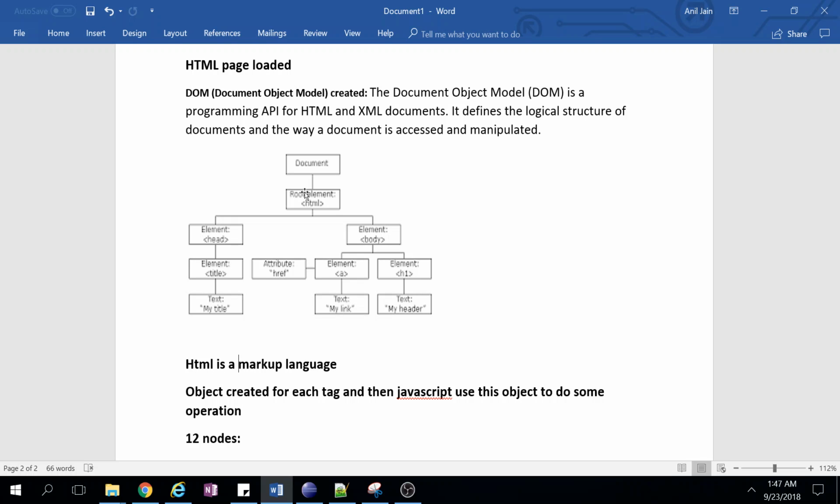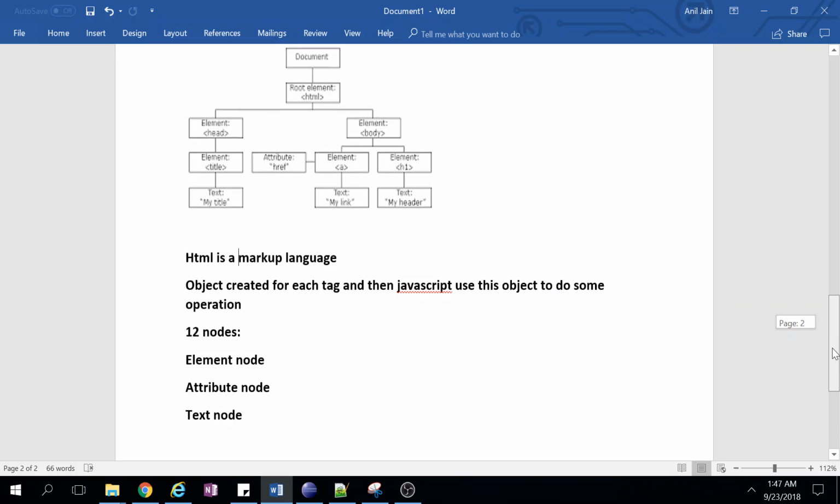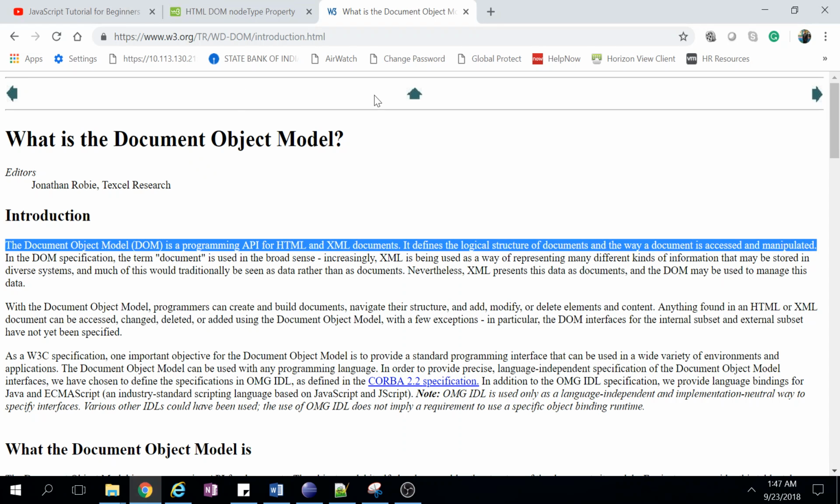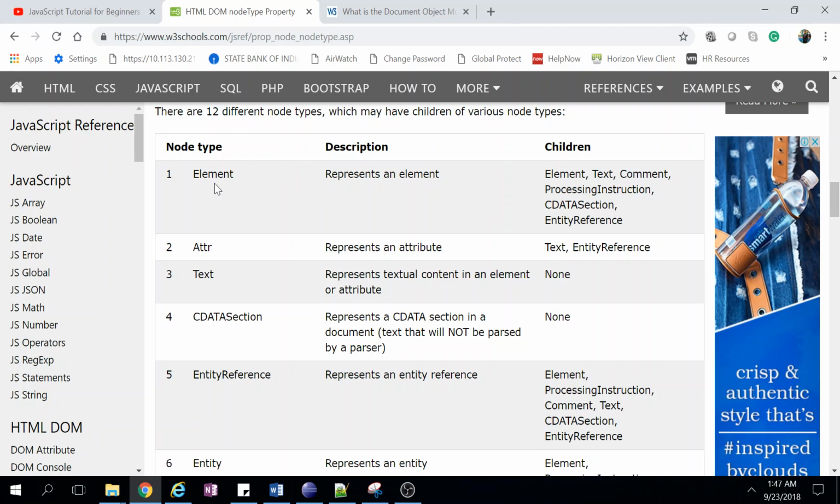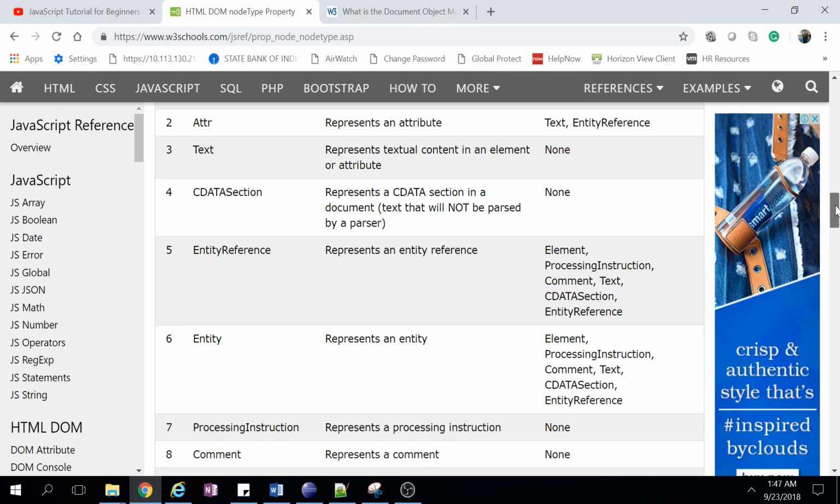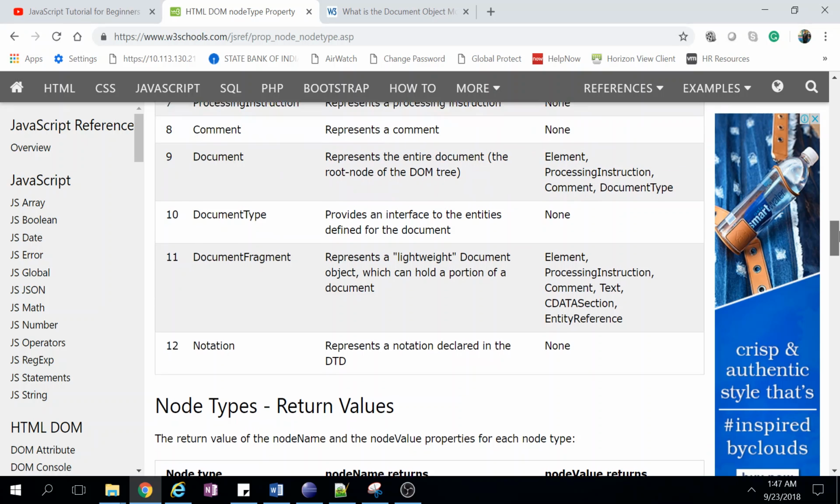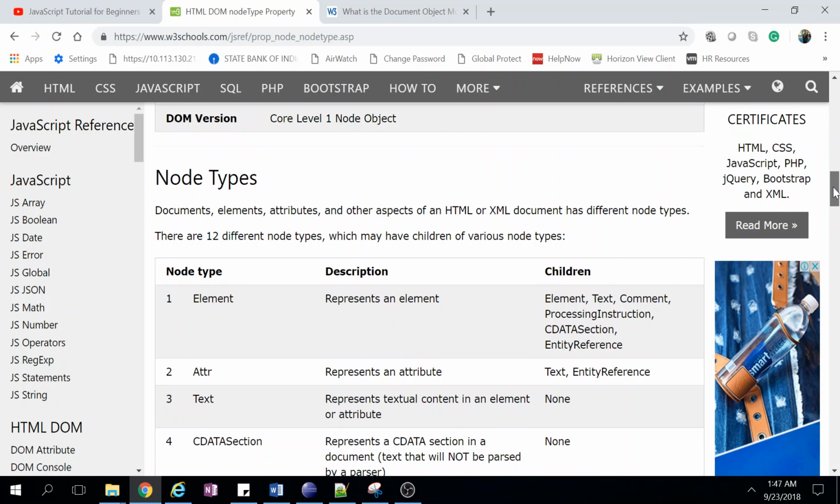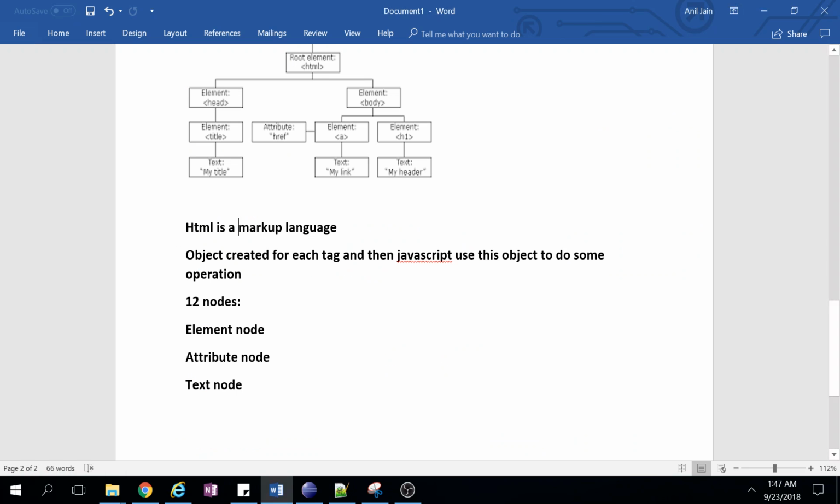Okay, now this DOM has 12 node types. I'll just show these 12 node types here. So there are element, attribute, tags, and other things. Okay, but there are only three important things which we have to use, which are called element, attribute, and text. Okay, so using these three things we will